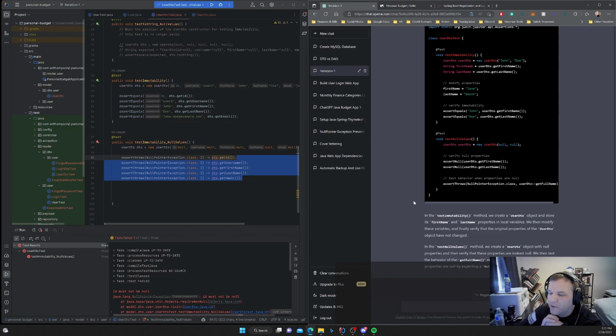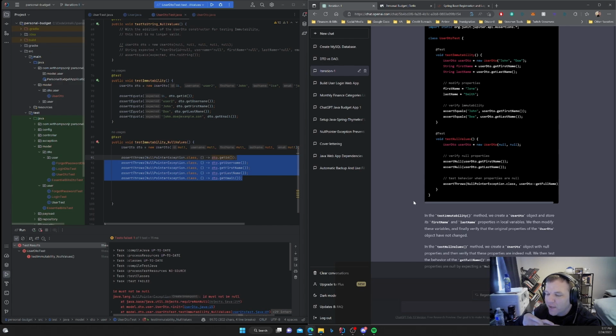In the test immutability method, we create a UserDto object and store its first and last name properties in local variables. We then modify these variables and finally verify that the original properties of the UserDto object have not changed.